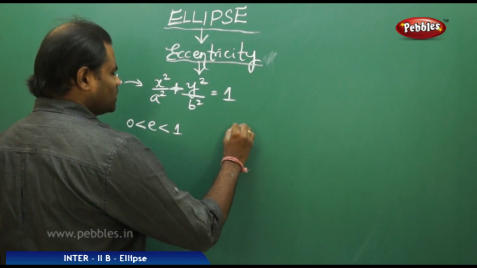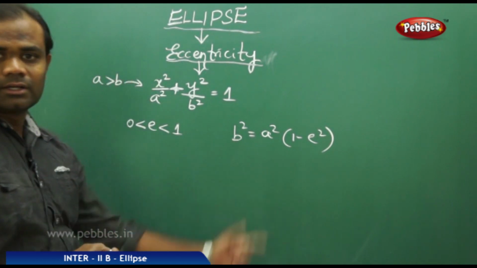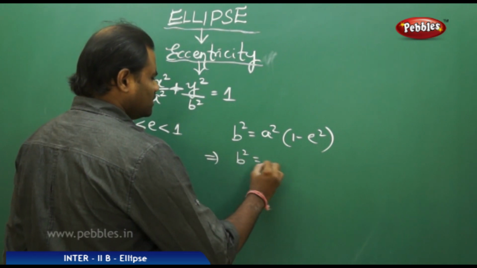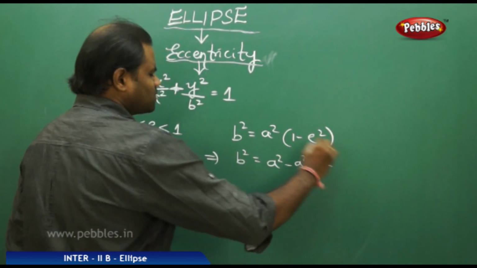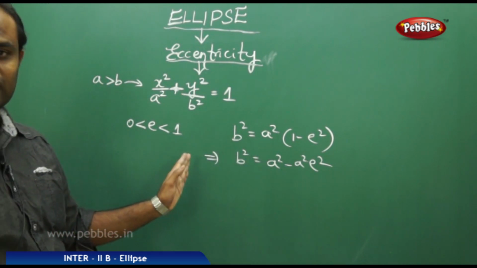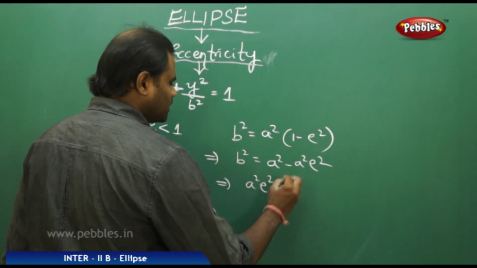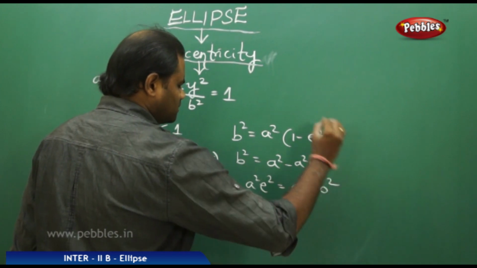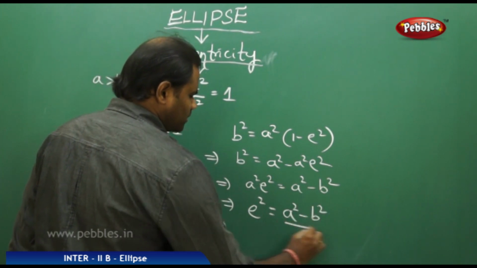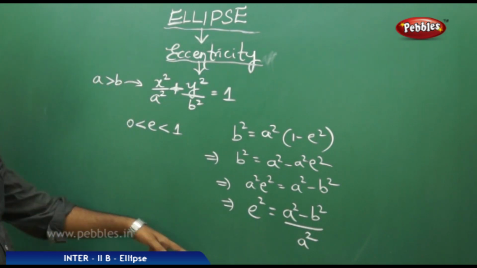Now for this ellipse, we know that b squared is a squared times 1 minus e squared, and for this we have b squared is a squared minus a squared e squared when expanded through the brackets. Now we want to make e the subject, so I take all e terms to the left, and therefore I get a squared e squared is a squared minus b squared. That implies e squared is a squared minus b squared by a squared. This on simplification gives